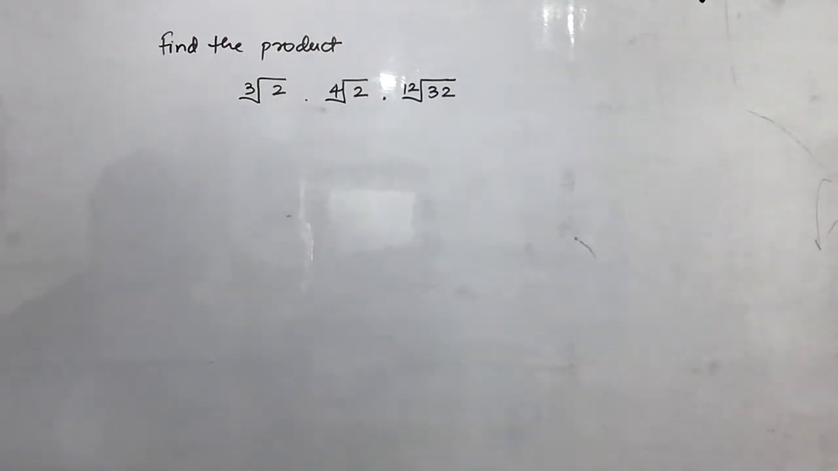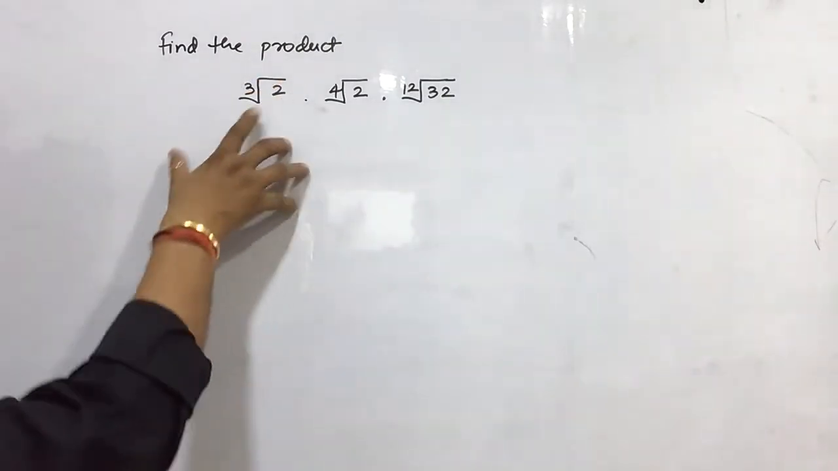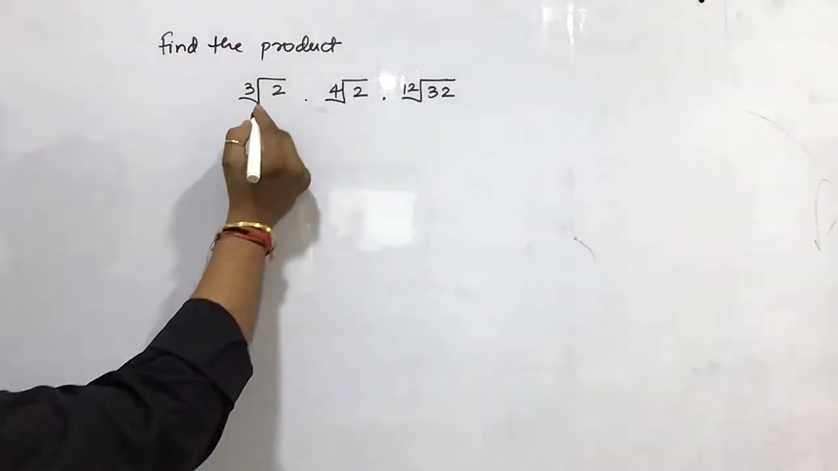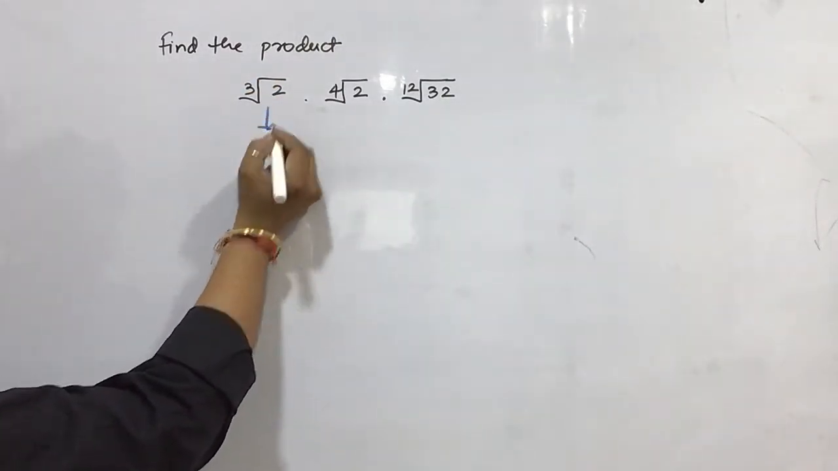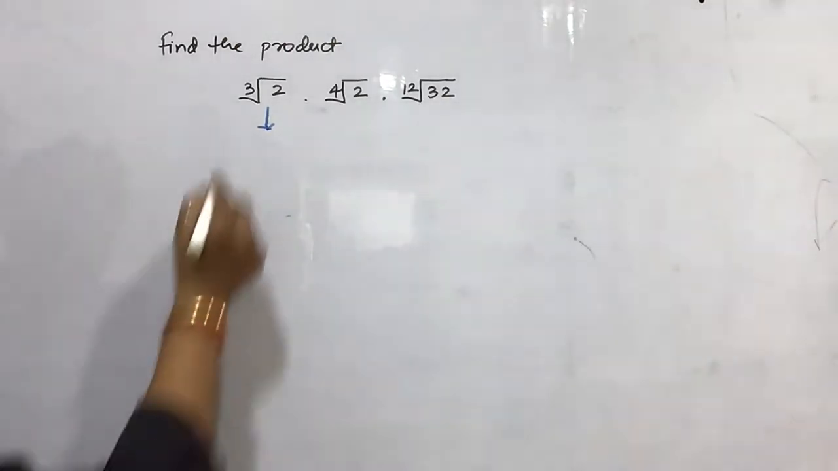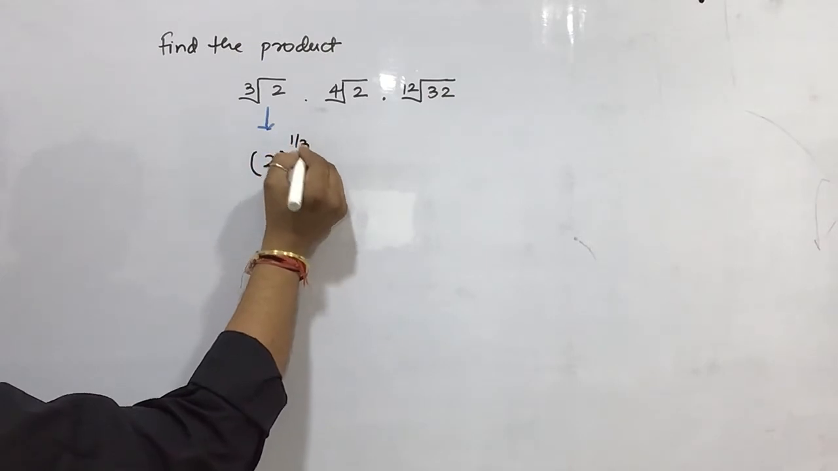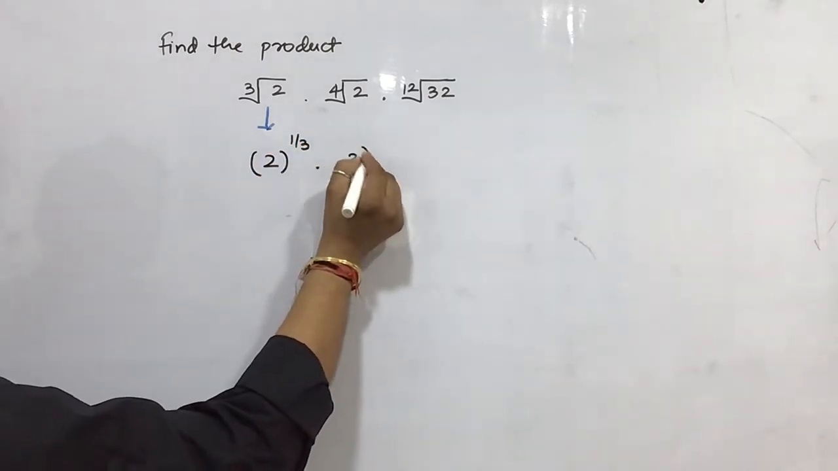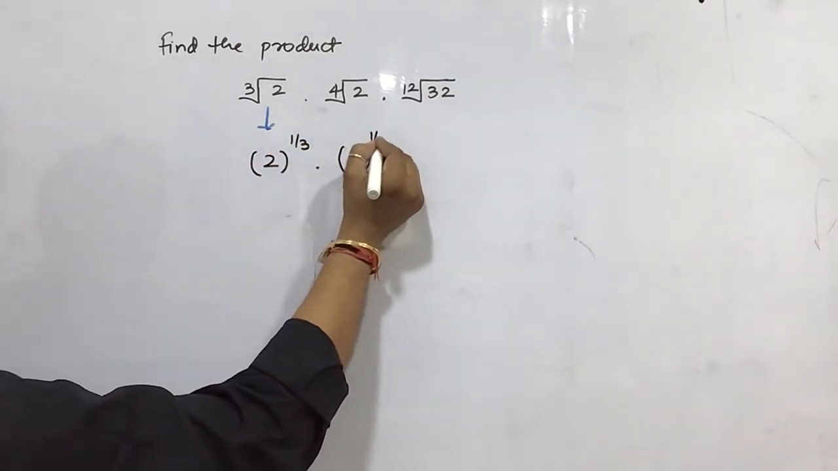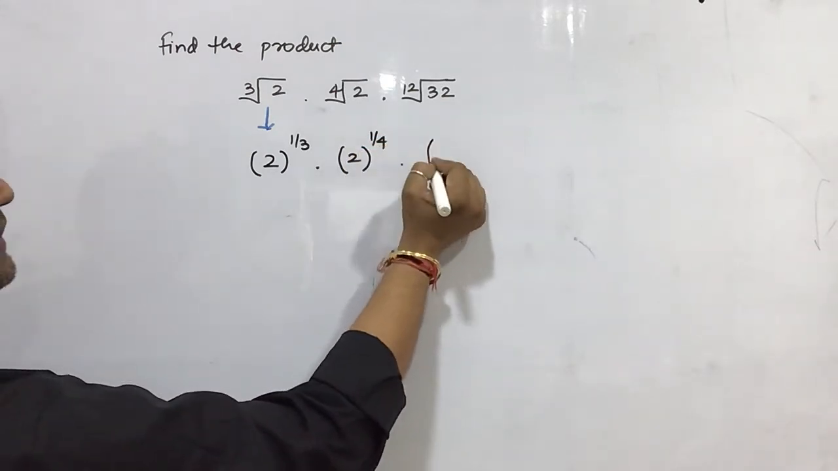Hello guys, after explaining the concept of surds, how to add, subtract or multiply, I am going to explain a very good question of find the product of surds. Here you are seeing that this is the cube root, this one is the fourth root, and this one is the